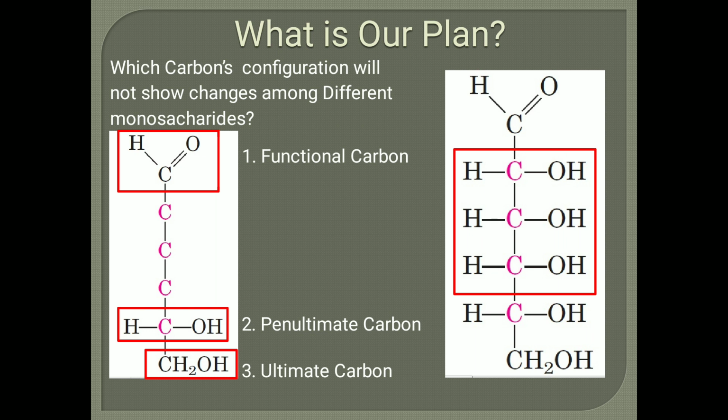So what we should consider for this 3 carbon? We have to consider the distribution of hydrogen and hydroxyl group at these carbons. That is the only thing we have to remember for the structures of different aldose monosaccharides: whether the hydrogen is on the right or the hydroxyl group is on the right or left.